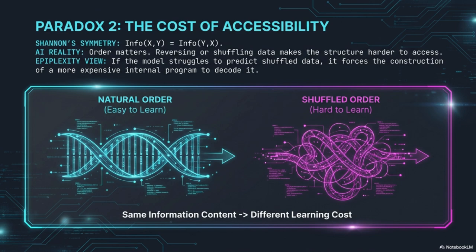But then you have something like AlphaZero. It starts with just the simple deterministic rules of chess or Go. No outside data. Yet the strategies it develops are superhuman. They are complex, they are deep, and they were definitely not explicitly coded in. That feels like a huge increase in information. It does feel like magic.